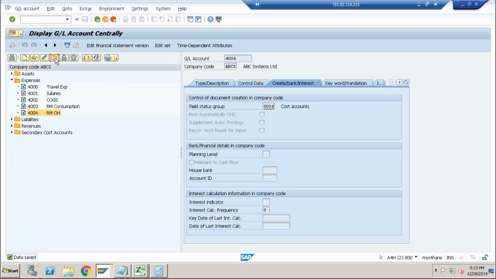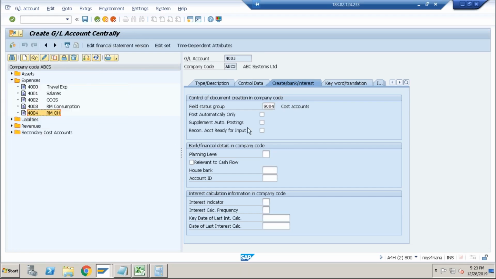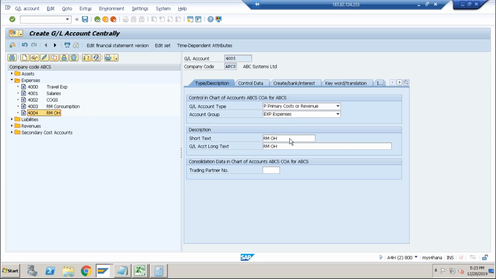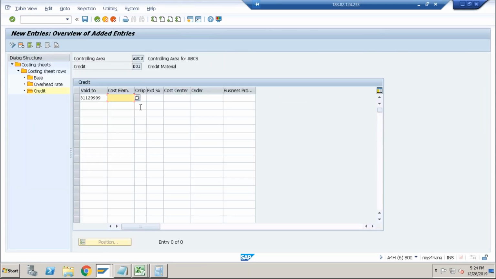Okay, I'll create another one also, just a copy of this, which is going to be production overheads. This is fine. This is fine. Only here I will change to production. Okay, so these two GLs, I will assign here in the credit section. So 4004 for raw material. Okay, under the cost center,